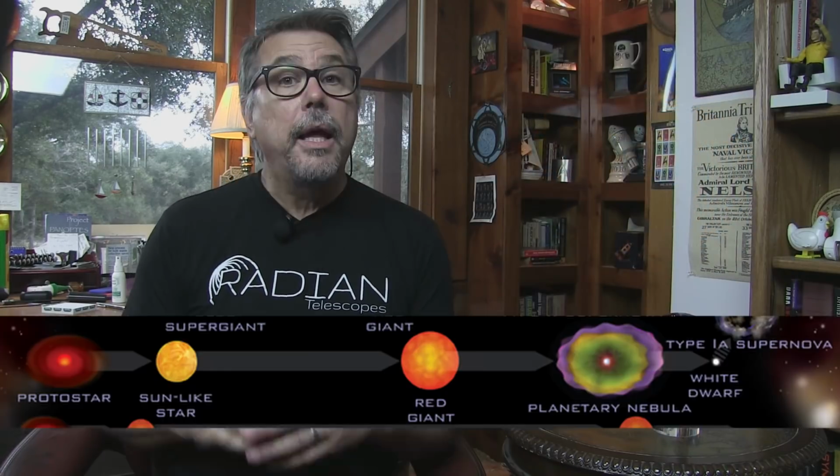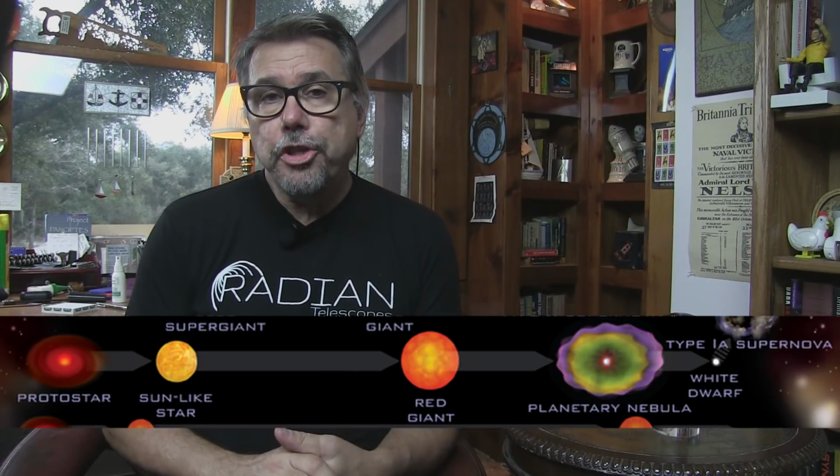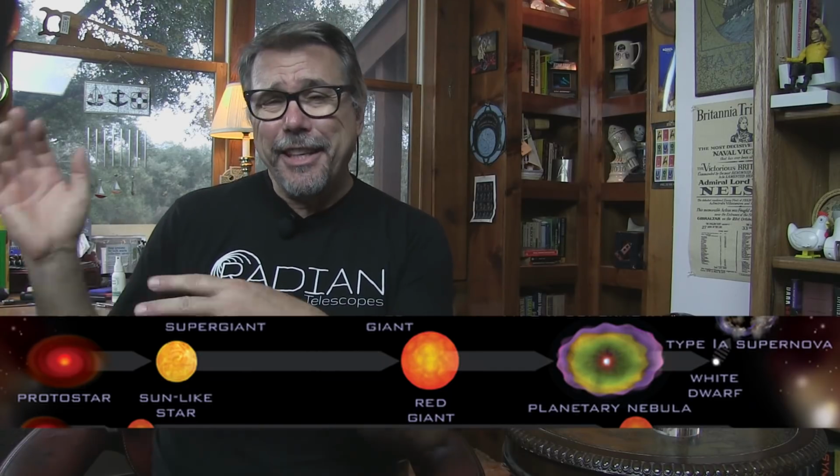Now, this weight is important because this is the weight limit that electrons can hold things up at. So, over that amount, and the core collapses further into a neutron star where neutron degeneracy reigns. That means that the neutrons are basically keeping things from collapsing further. This means that all white dwarfs known have a mass that's no larger than 1.44 solar masses. And this is important for some things like type 1a supernovae, but that's a little bit of a different topic,